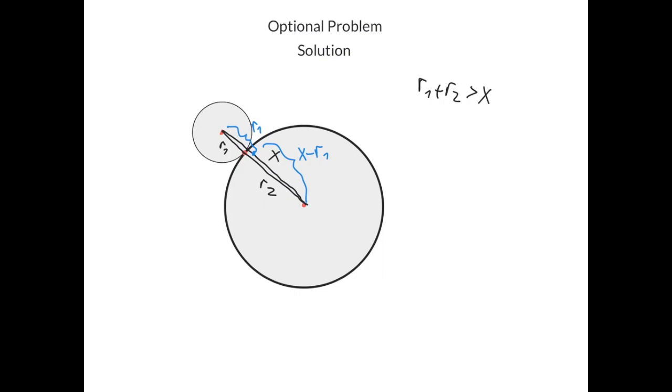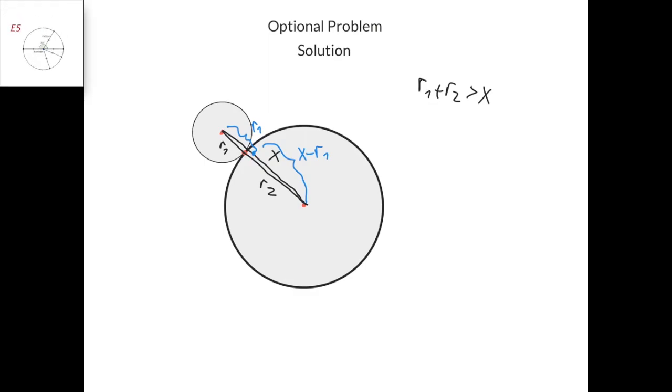And we have two things, that this point here that we just drew lies on the small circle, because the distance to its center is r1, but it also lies inside of the large circle, because the distance between it and the center of the large circle is x minus r1, and x minus r1 is smaller than r2,